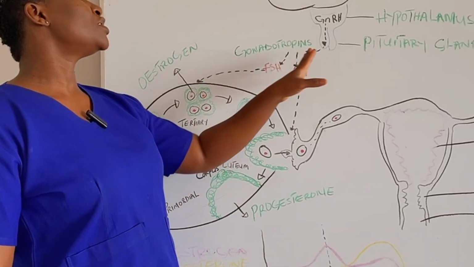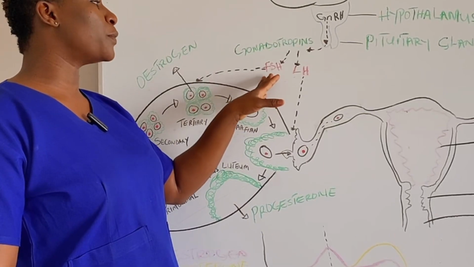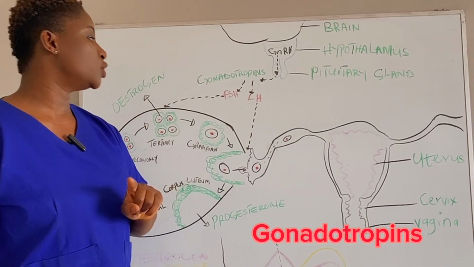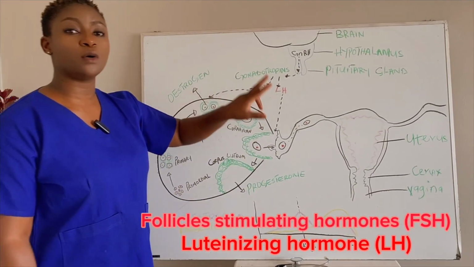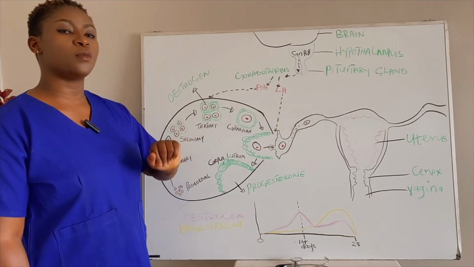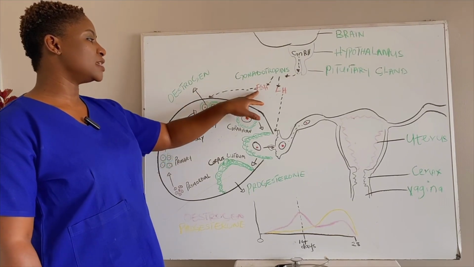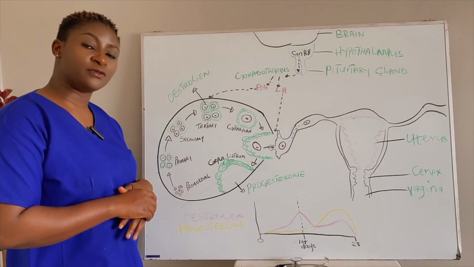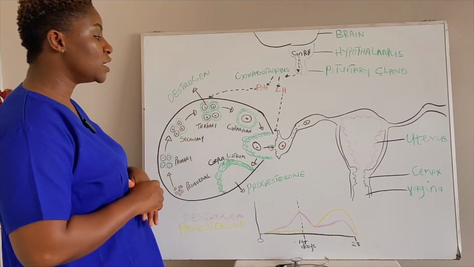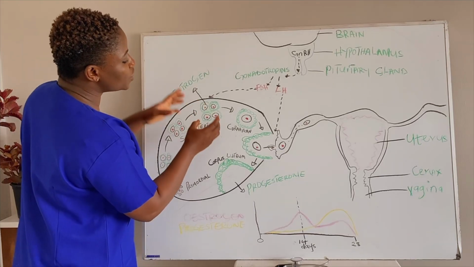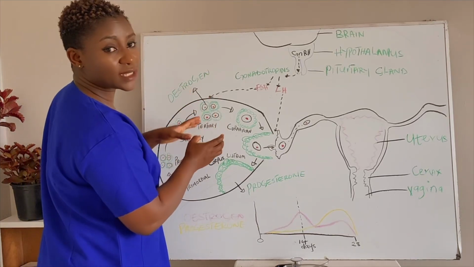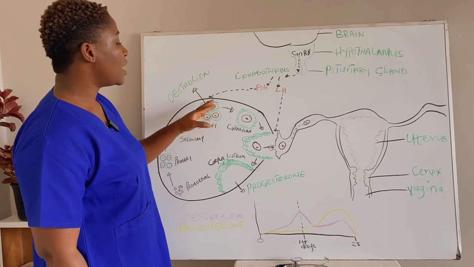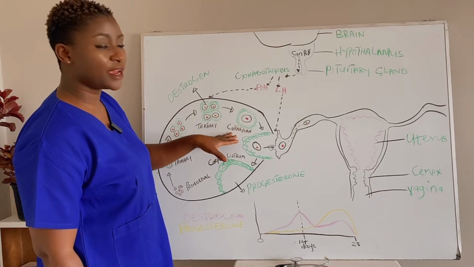Here, the anterior pituitary gland is responsible for producing the hormones called the gonadotropins. And these gonadotropins are the follicle stimulating hormone and the luteinizing hormone. Now, what is the function of this follicle stimulating hormone? During the first stage of the cycle, follicle stimulating hormone is released to trigger the maturation of the oocytes. It will just choose one egg to start maturing, and when this egg matures into a Graafian follicle, it